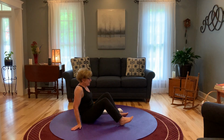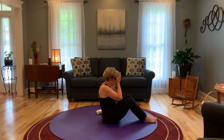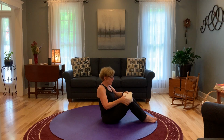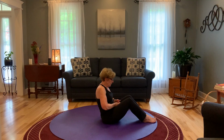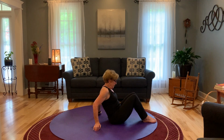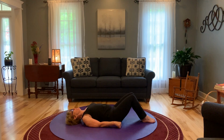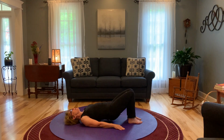I'll stay facing this way. Going to be doing bridge, which is also good for your back. So make your towel into a little package like this. Put that right between your thighs and squeeze. And then lower yourself back. Palms are on the floor. Your thighs are still squeezing together. And lift those hips up